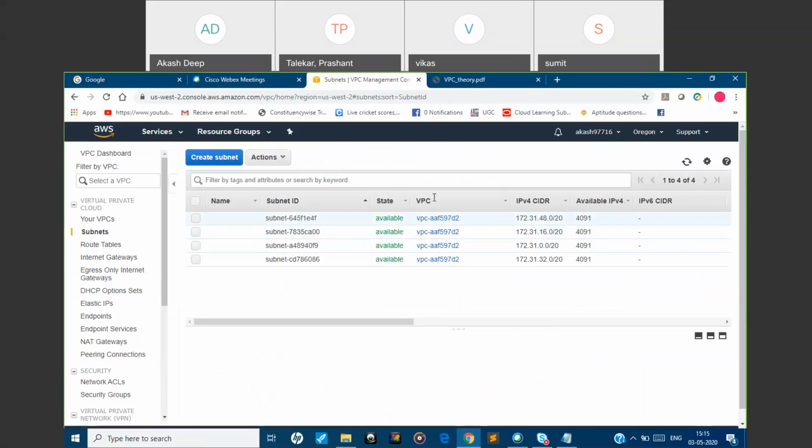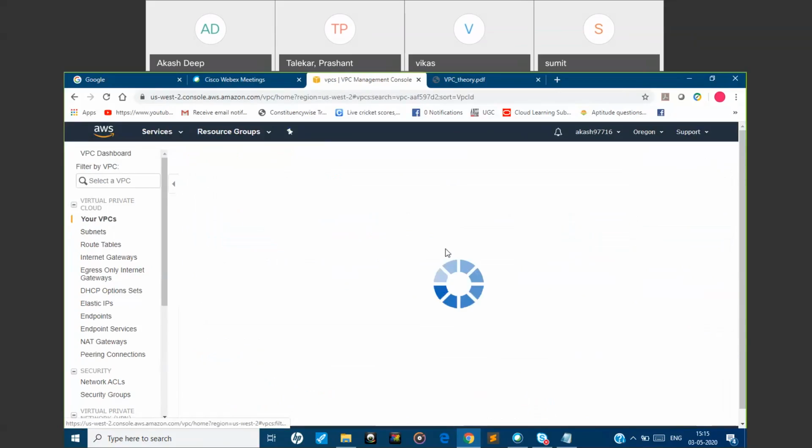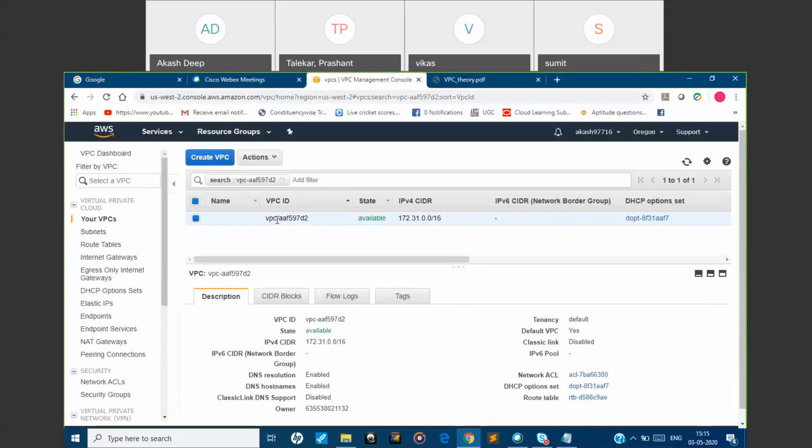These are the subnet IDs, and this is the network. You can see all of them have the same VPC ID, AAF97D2, which is this network. All the subnetworks are associated with this same network, right? Yes.